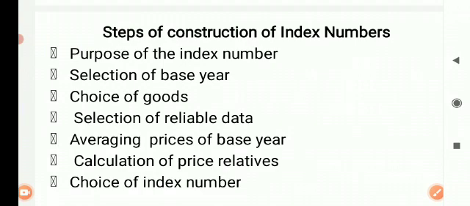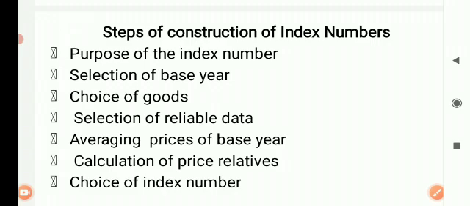Purpose means reason. Why index numbers? Index numbers are required for many aspects. These are required for the development of the economy, and these are required for the government economic policies. These are also required for government taxation. Okay, so purpose you have to understand. Why index numbers? Why do you have to find out the current year price based on the base year price index? So the purpose of the index numbers is most important while constructing these.